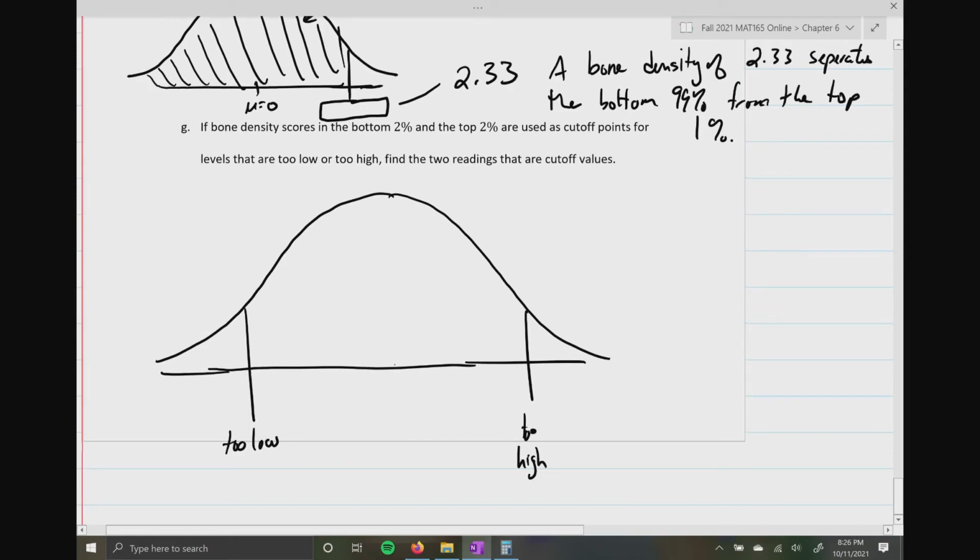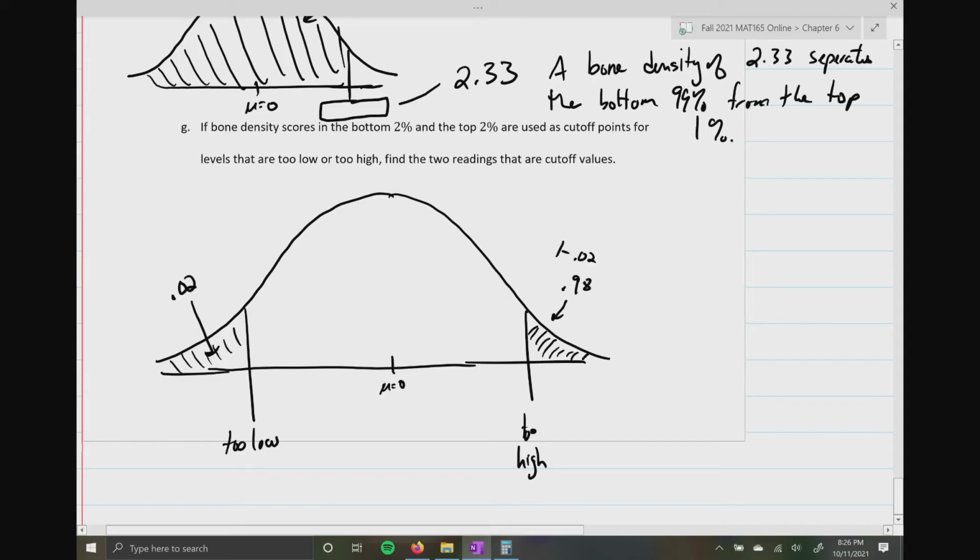What we want to know is how far to the left and how far to the right those z-scores go. Okay? So if you think about it, once again, I'm giving you percentages. Percentages are areas. So this has to be 0.02 because I want 2%. All right? Now, if I shade this, remember, areas are taken from left to right. I also need to find the area up here in the upper right-hand corner. But that's going to be 1 minus 0.02, which is